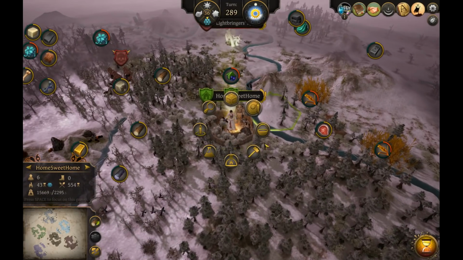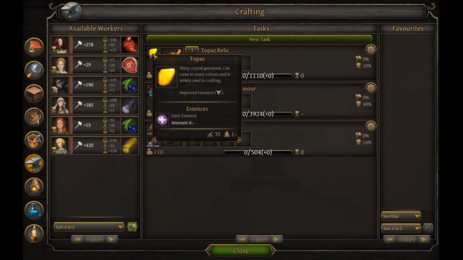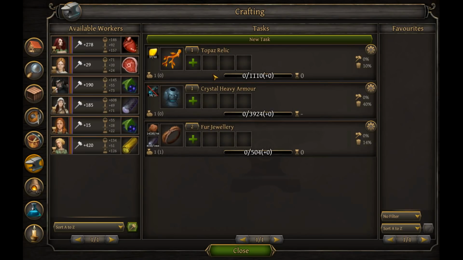I already queued up some projects. I'm not gonna start working on these yet. I just want to know what I need to craft. I want one crystal heavy armor. That's like the major thing that we want to get. Of course, that's gonna take a while. I want to get the topaz relic, then maybe one more relic after that. That's gonna be made out of tier 2 materials, and then I want to make one out of...